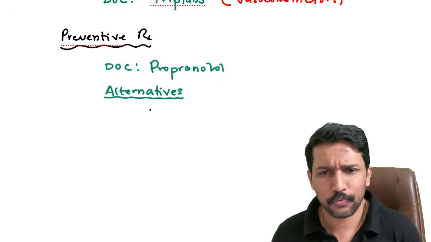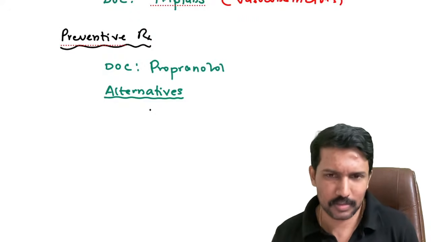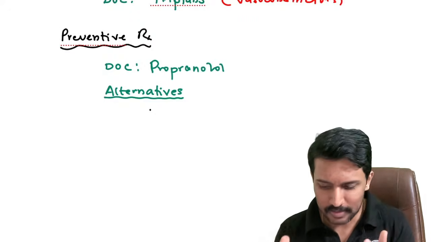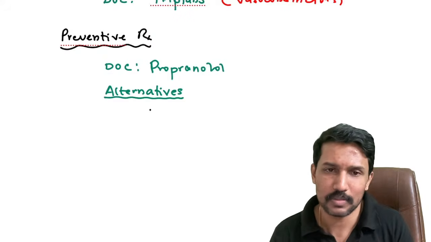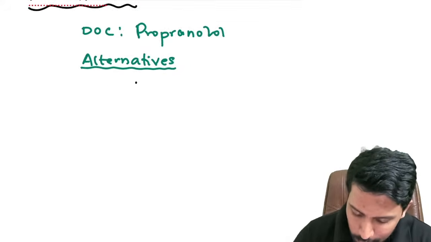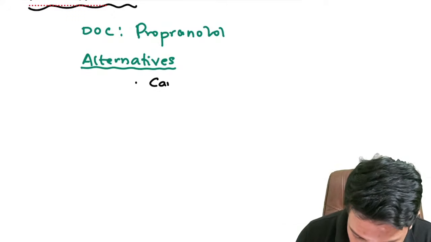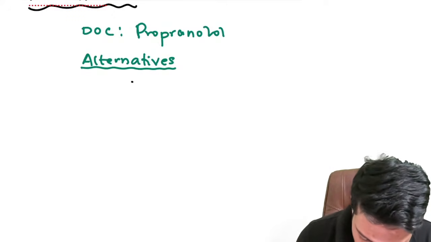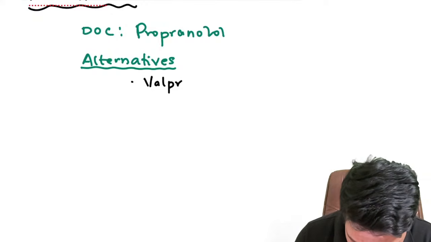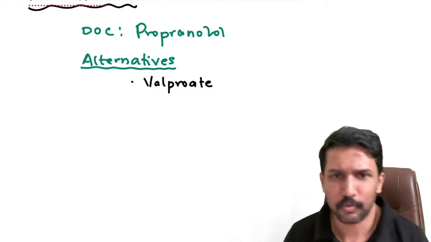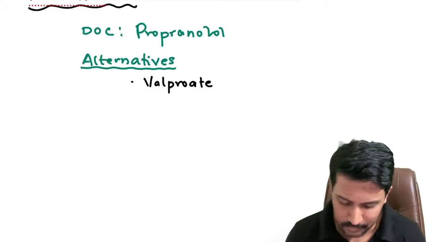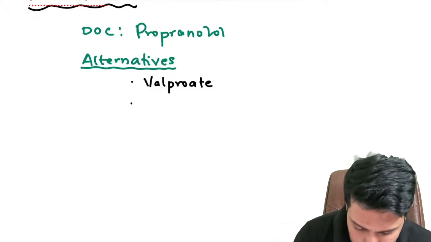I will mention 3 or 4. In your pharmacology book you might get a long list, but mention at least 3 or 4, so that the examiner feels that you know the alternatives as well. So the key ones that I want you to mention, the first one, I would rather prefer you to mention valproate, sodium valproate or valproic acid derivatives, right? Valproate, venlafaxine,